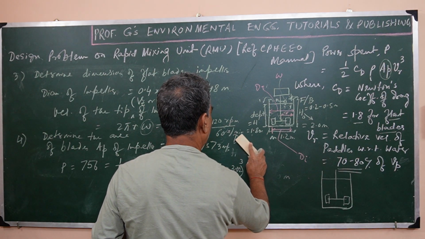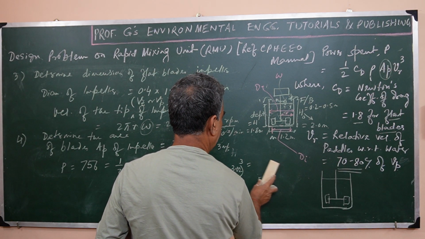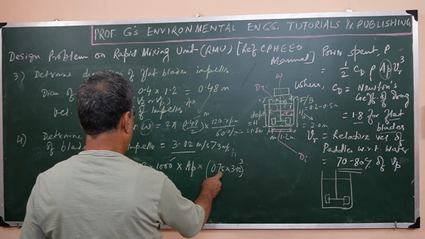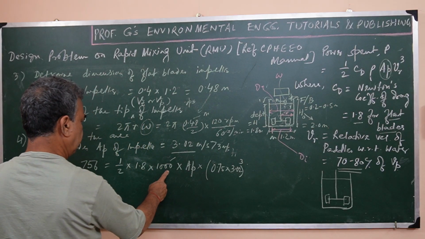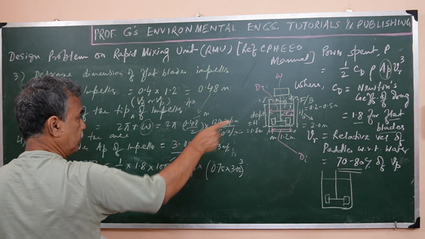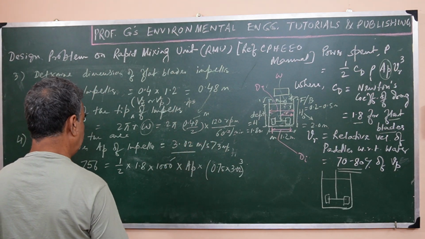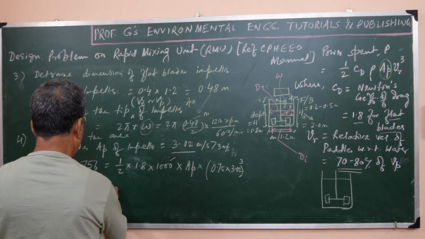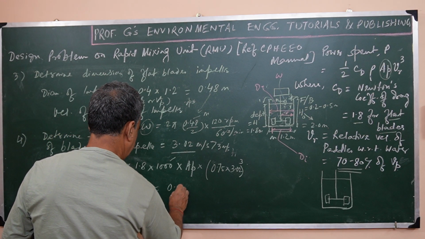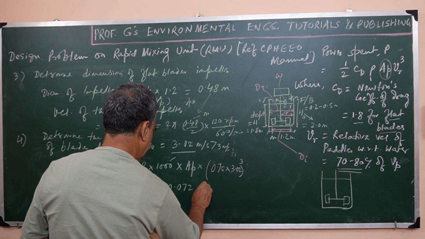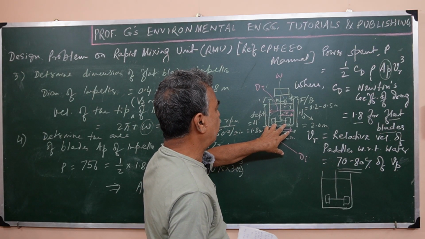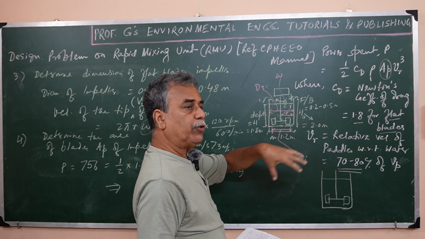This we have already explained. So this is VR, this is the rho value in SI system, and 1.8 is the CD value in compatible units. So AP is 0.72 meter square. That means the total blade area, if you put say 4,